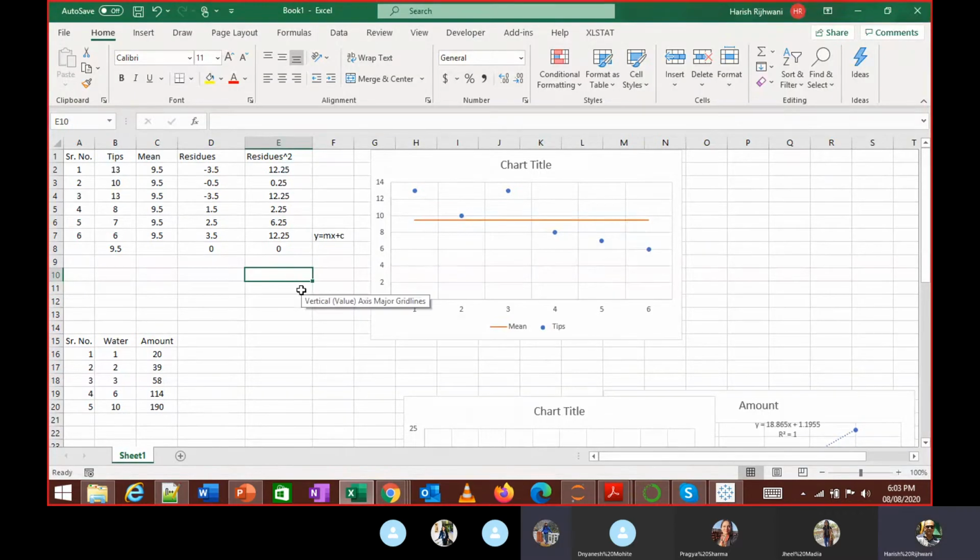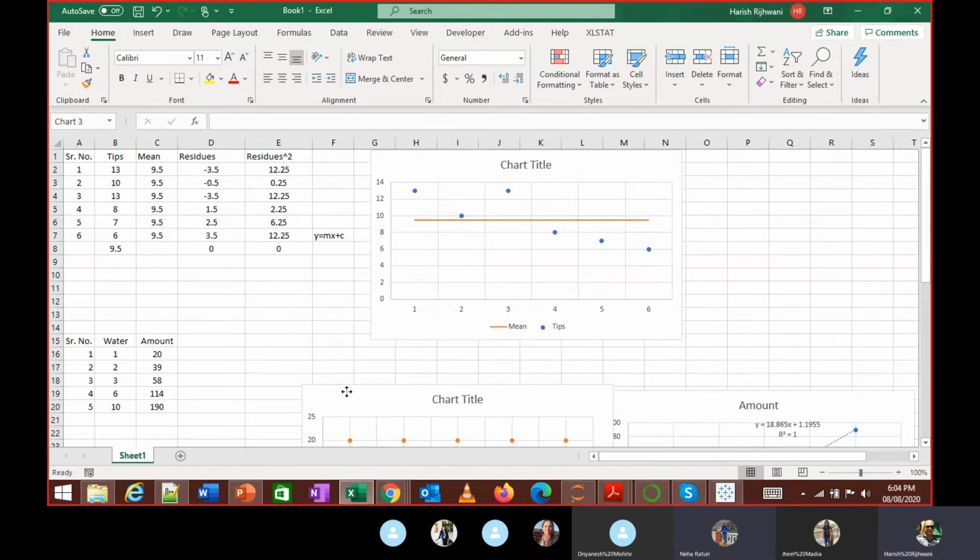Yes, one is to make the values positive, but when I square the value, what is the square of 2? 4. What is the square of 3? 9. Square of 4? 16. Square of 5? 25. Square of 6?